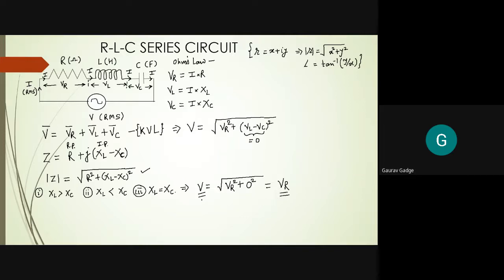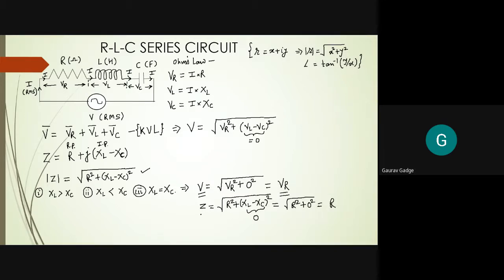Similarly, when we talked about the impedance Z, that is written as what? Square root of R square plus (XL minus XC) bracket square. Now again, this XL minus XC is equal to 0, or XL equal to XC. So when we put XL equal to XC, XC minus XC equal to 0. So ultimately XL minus XC equal to 0, and 0 square is 0. Ultimately we get the square root of R square plus 0 square. For understanding purposes, I just write it: 0 square plus R square is R square, and the square root of R square is R.